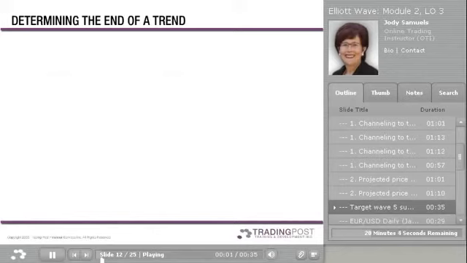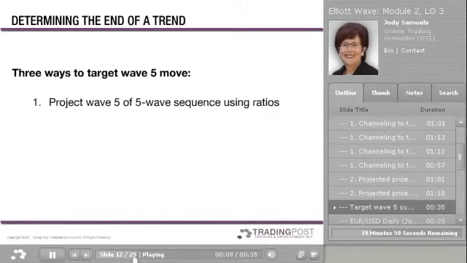To summarize, we have 3 ways that we have learned to target the wave 5 move. 1. Project wave 5 of the 5-wave sequence using